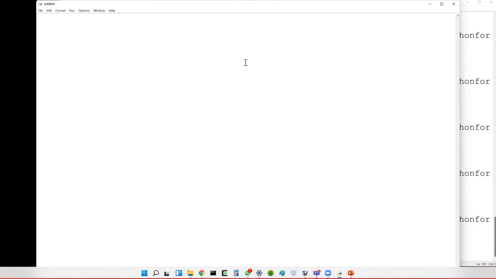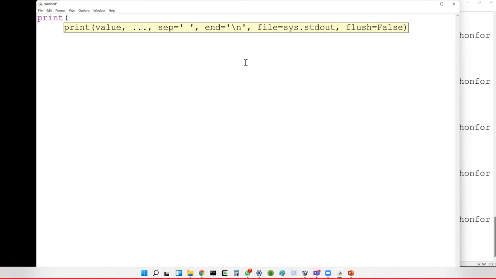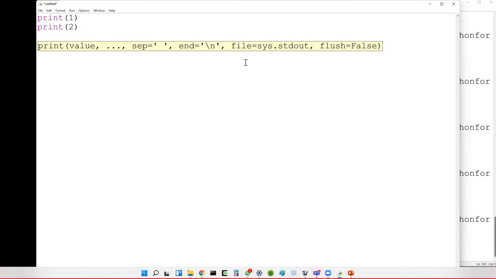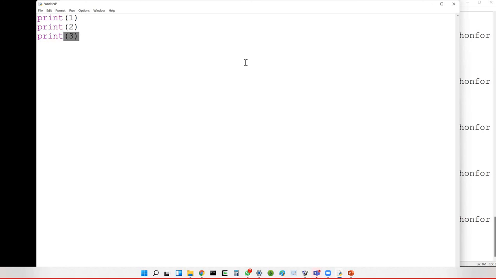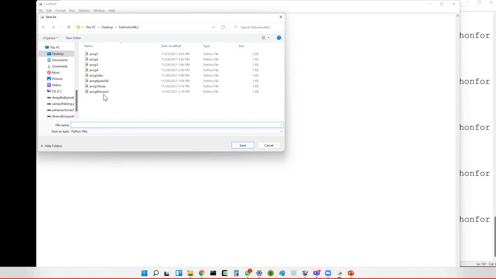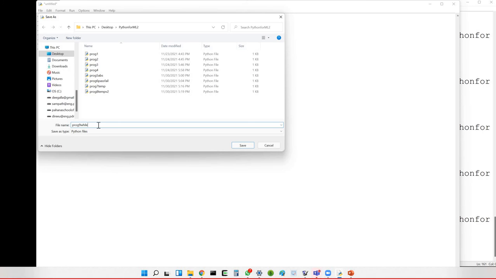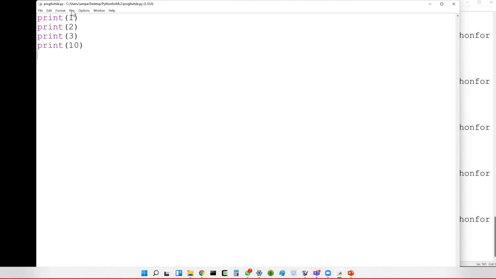Now simply, if I don't know about loops, what I could do is type print 1, print 2, print 3, and so on. I'm kind of lazy, so I will say print 10. But just assume that I have typed it 10 times. I could have done this. There's no issue with doing this, and it's perfectly all right. So this is program number 9, while. And if you run it,